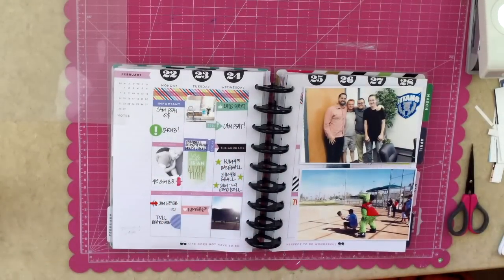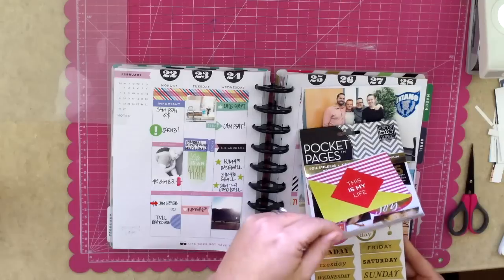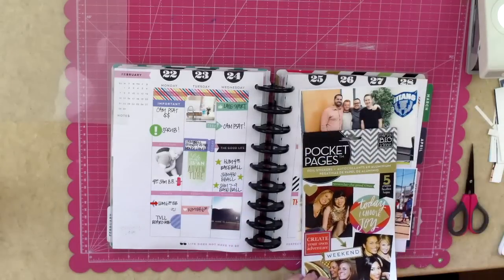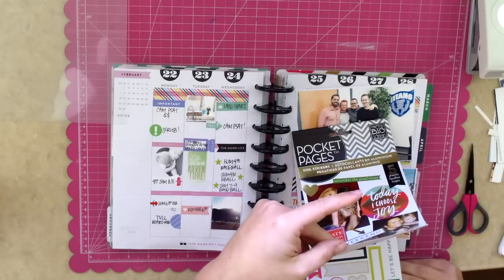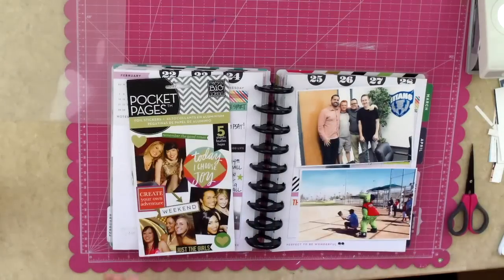I'm using the page protector that has two 4x6 slots. Now, I can alter those. They don't have to stay that way. I could use the sewing machine or the fuse tool to create whatever configuration I wanted. However, I wanted the 4x6 photos because I had a couple of photos that I really wanted to highlight from this week. So now I'm using those stickers on the left there to embellish my week, to embellish my photos, but then I'm also pulling out a few different Me and My Big Ideas